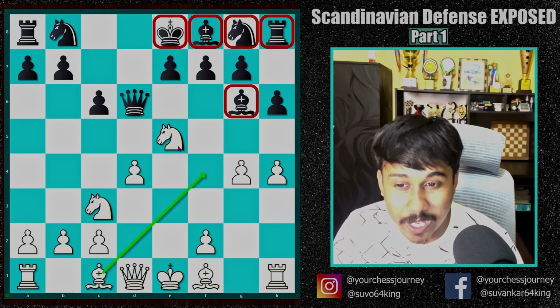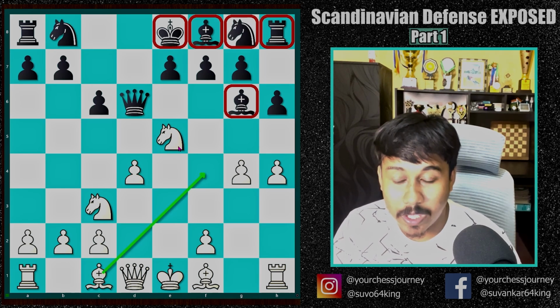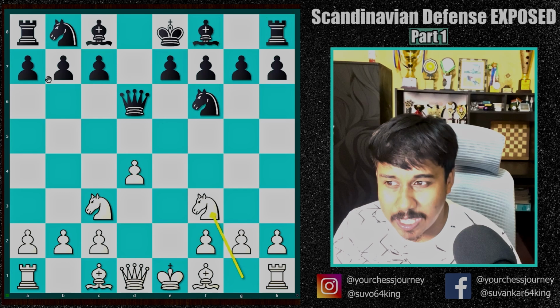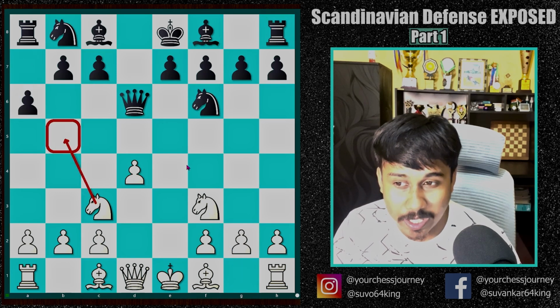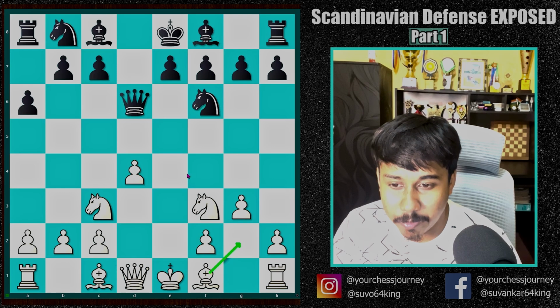White is having a very dangerous initiative. I would say that black has to be very careful not to lose in this position. So the main line starts with knight f6 here. We'll be checking knight f3, a6 stops knight b5 ideas, g3, and this allows us bishop g2, bishop f4,